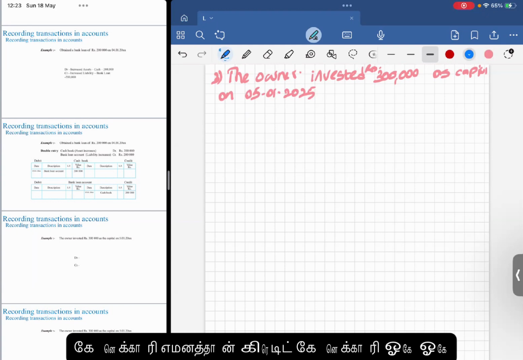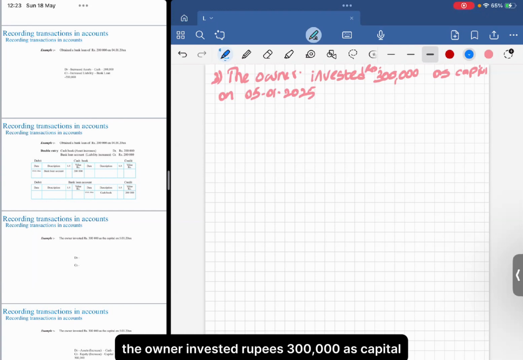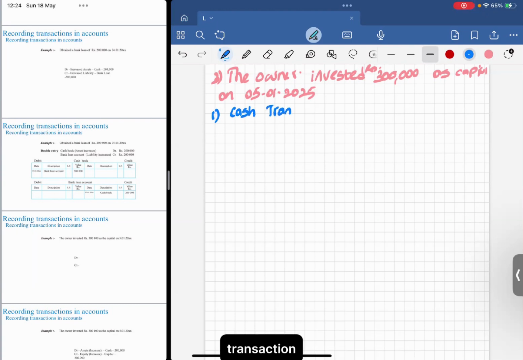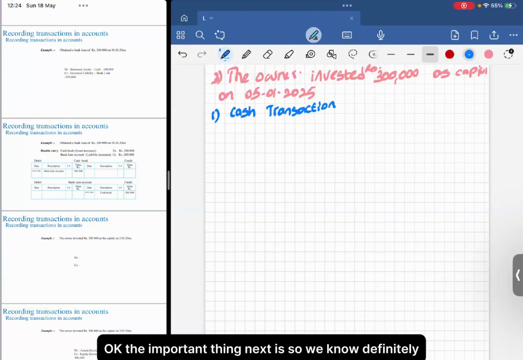Okay, let's read it out. The owner invested rupees 300,000 as capital on 5th January 2025. Now first, number one, this is a cash transaction. Now, if this is a cash transaction, the important thing next is, we know definitely there will be